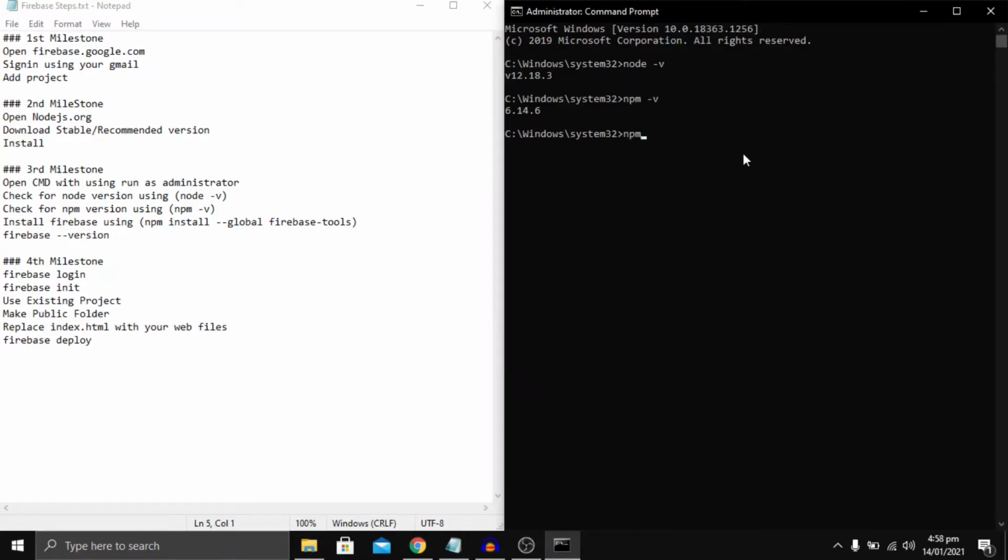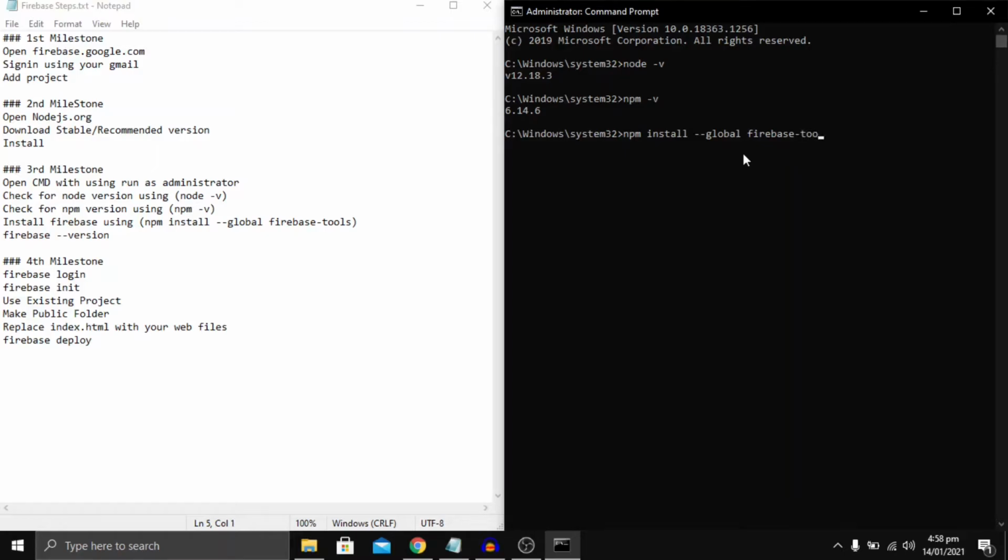the command npm install --global firebase-tools. We are making it global so we can reach Firebase in any directory situated on our PC.